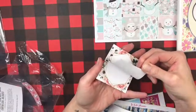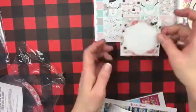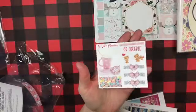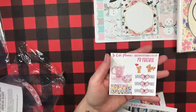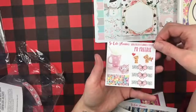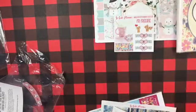Isn't that cute? Love that. Love, love, love that. And then this was the PR freebie that it came with. There's a full box, half box, your pink glitter headers, and some bows. So when you mention my name, you get this free